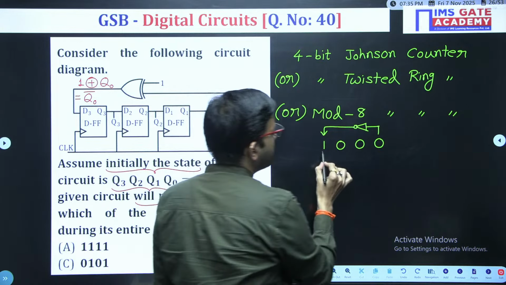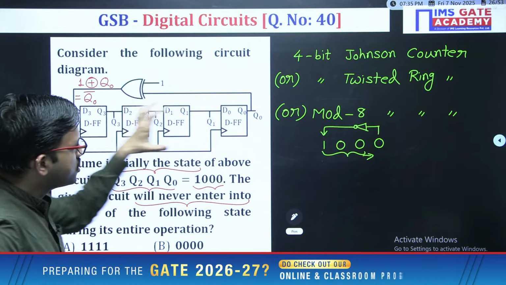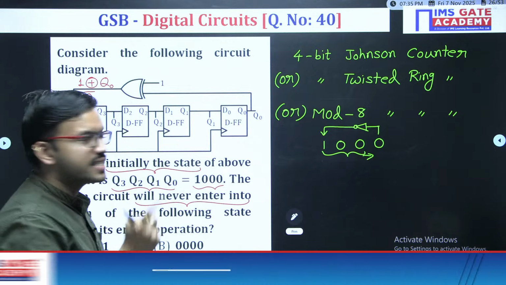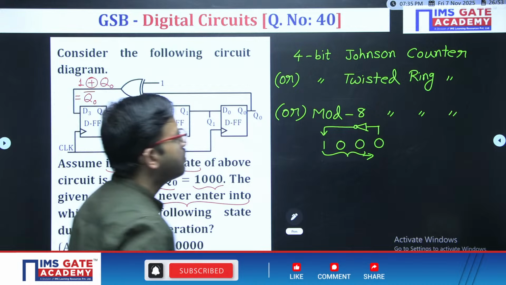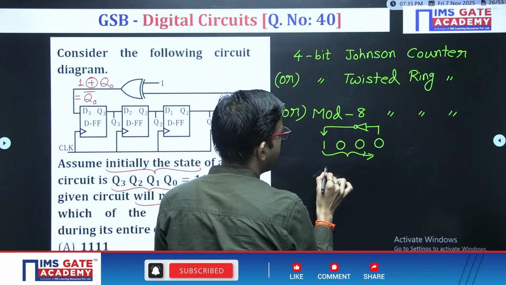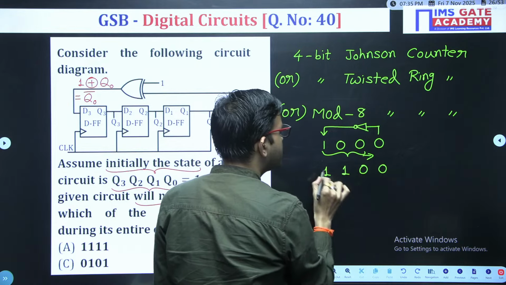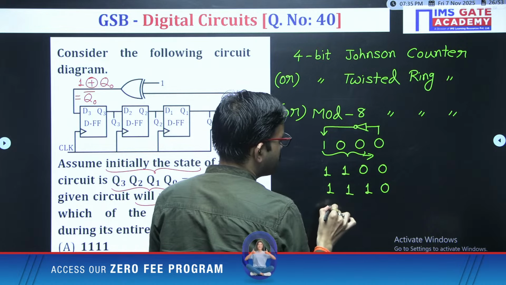After that, whatever these 3 bits are there, they get right shifted. This is the observation, because here it is a shift register, right? And the serial input you are getting from here, and that serial input is what? The complement version of Q0, correct? Now with the help of this logic, 0 bar is what? 1, then 100, then 0 bar is what? 1, then 0 bar is 1,